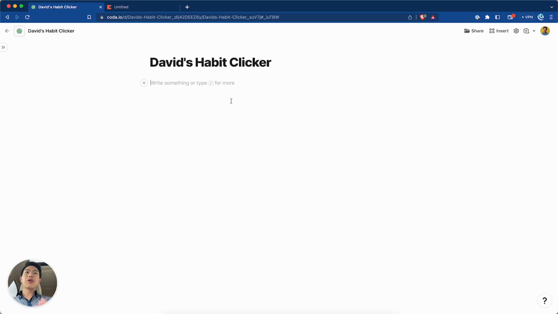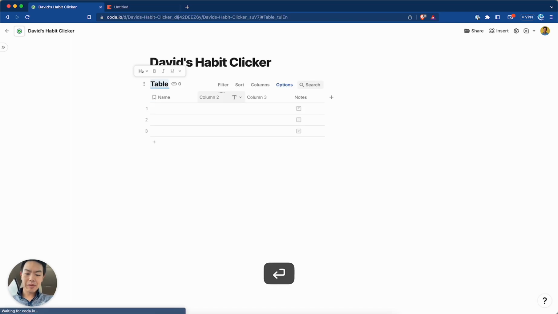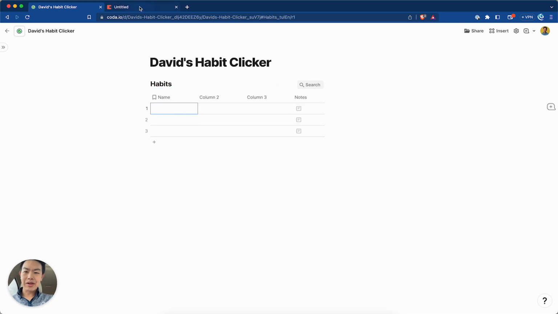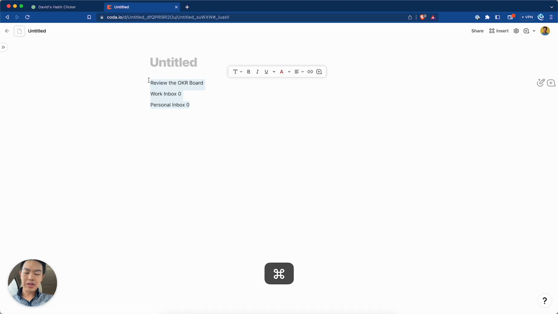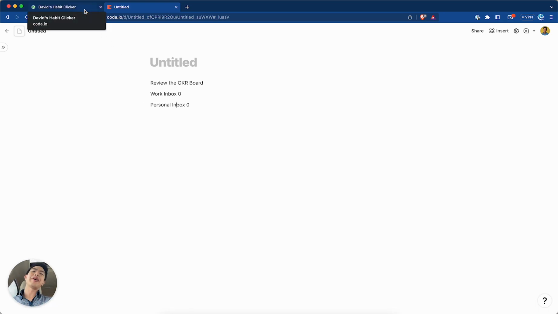That looks good. So as with most things in data in Coda, they all start with a table. So I'm going to start with a table, and I'm going to name this table habits. And I've got a few habits that I've written down in this other Coda doc that I want to do. One is to review my OKR board every single day. Another one is to make sure that I inbox zero my work inbox of email, and also inbox zero my personal inbox once a day, so that I'm filtering through my emails and making sure that things don't get out of hand, and I'm saying no to certain emails